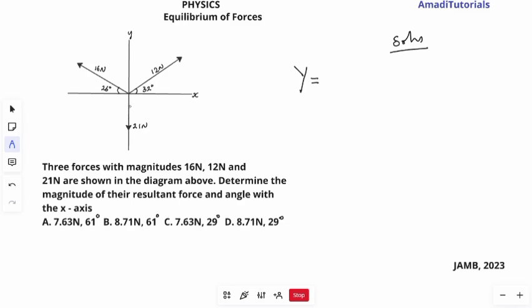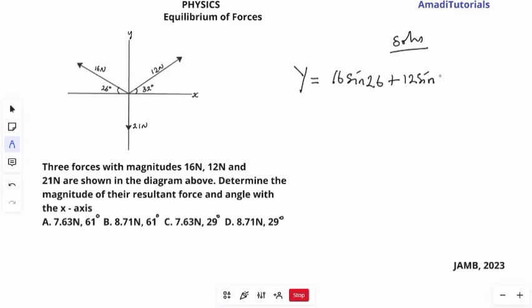you see the first vertical force here is 21 Newton, or there are many ways to go about it. Okay, let's start with the 16 Newton. Since it's inclined, that means it also has a component on the vertical axis. So that will be 16 sine 26. That's the angle it makes with the horizontal. Plus, the reason I said plus is because this 12 Newton here is upward. If it was in the opposite direction, that would be minus. Okay, plus 12